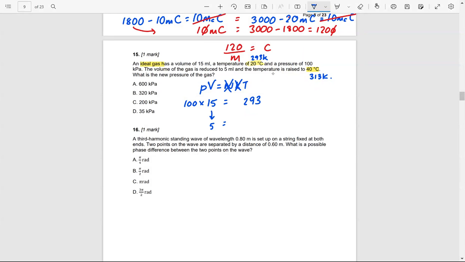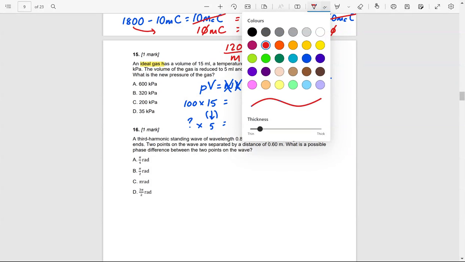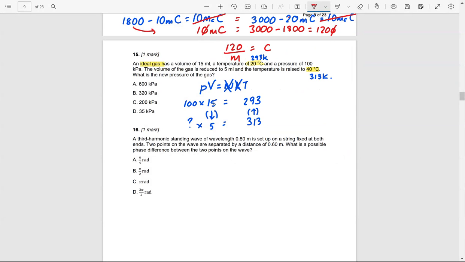The temperature is raised. So this is my raised sign, and this is my reduced sign, to 313. What is the new pressure? So in another color, I'm just going to show what's going on here. The volume has reduced by